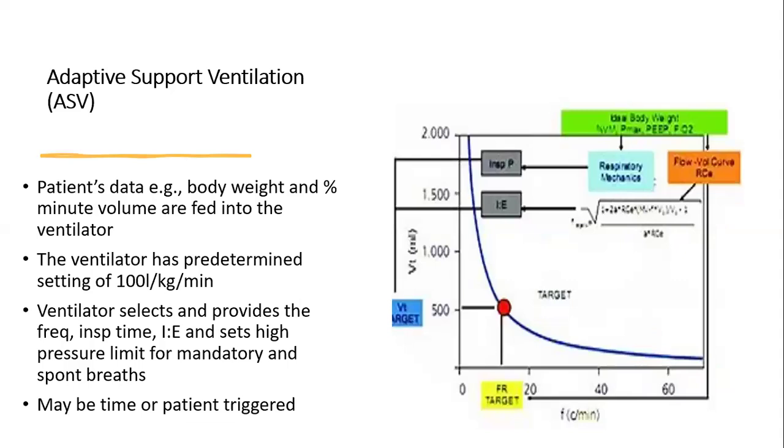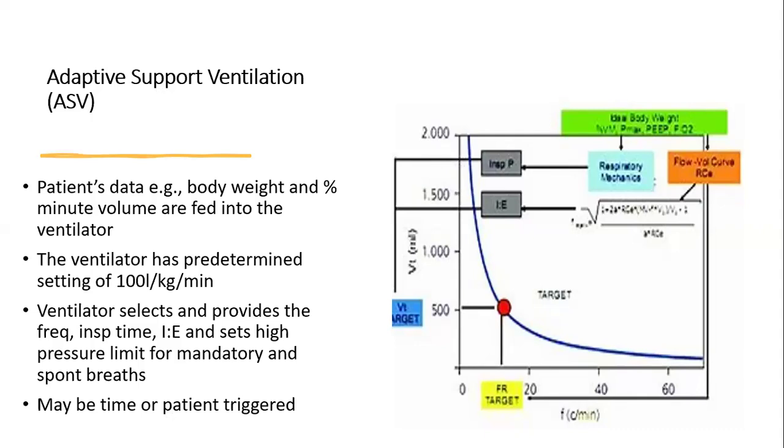All right, adaptive support ventilation. Most of these modes, I've used them before. They are very wonderful. In adaptive support ventilation, you feed the patient's data into the ventilator. For instance, the patient's body weight and the percentage minute volume of this patient that you've calculated, you feed it in, and the patient has a predetermined setting of almost 100 ml per kg per minute. So once you feed the patient's data into the